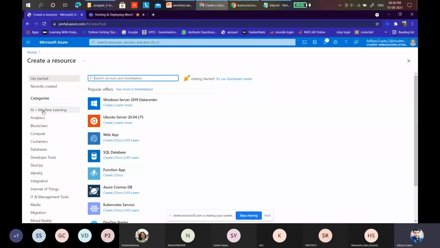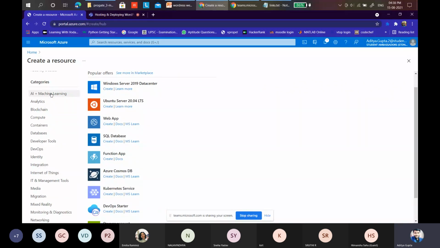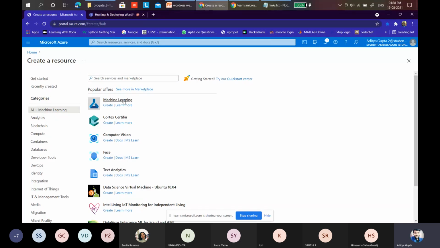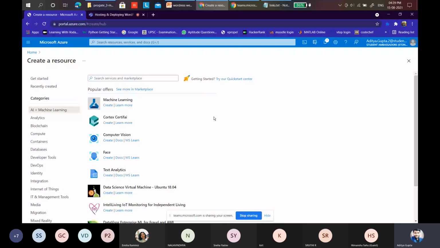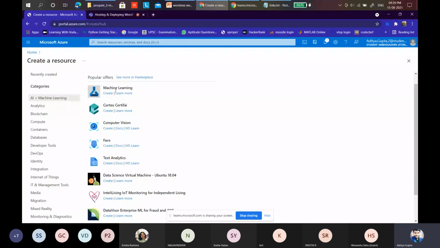In the categories, you can see AI and machine learning. Let me click this to show you what appears: machine learning, computer vision, face, text analytics. I'm going to create more events on AI, so stay tuned for that, in which we are going to deploy computer vision, face, text analytics and so on. It's going to be a good event. With the help of machine learning, you are able to solve that problem. I have seen the solutions for that problem, and they use machine learning extensively, mostly Azure, like most of the bank companies even. Now you can see the database.